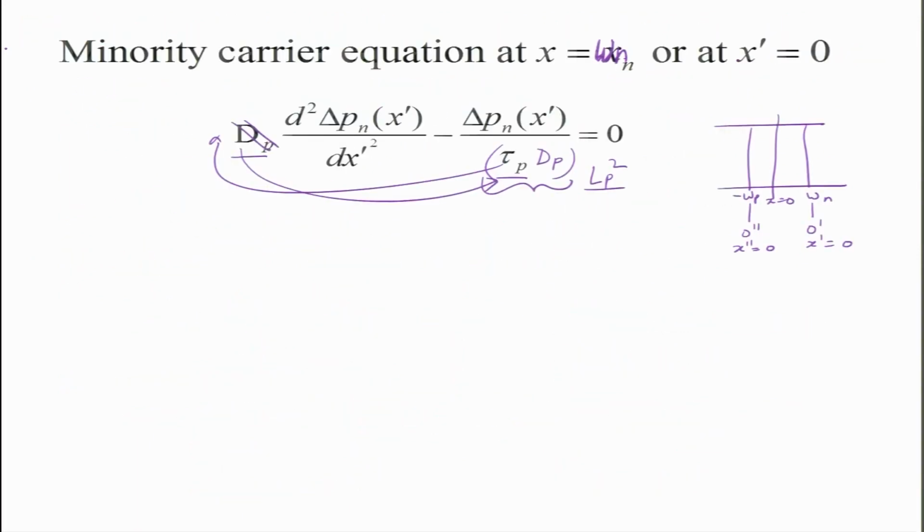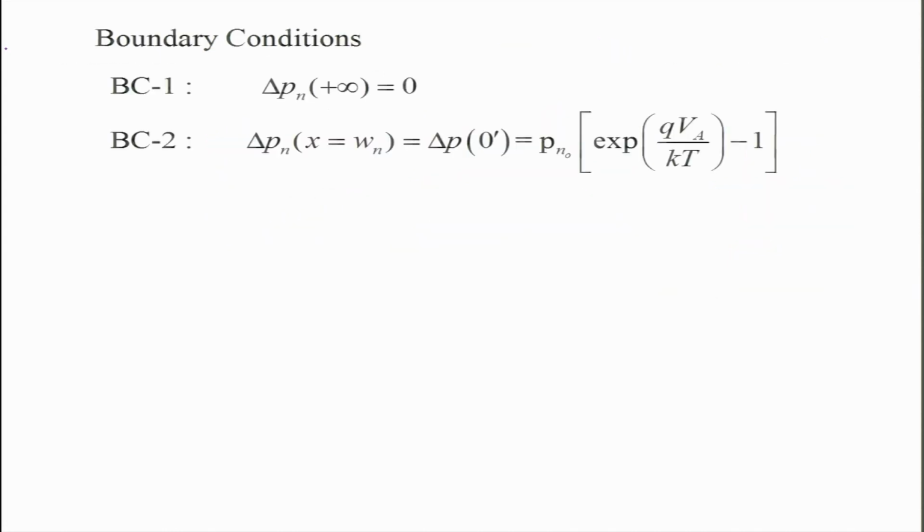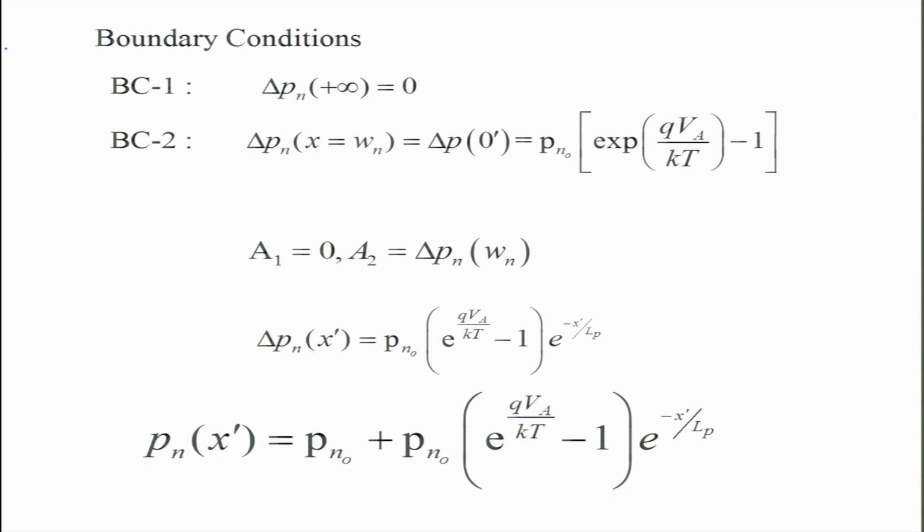So basically that is what we did. We had this minority carrier equation. We just changed the reference from x equal to Wn to x prime. There is no need to do that, but it just makes it a little simpler. So you just solve the differential equation. From this, you apply the boundary conditions for both the regions. From the boundary conditions you can work out the minority carrier concentration at a given position, and then you calculate it at the edge of the depletion region, because there is no point in calculating at any x, because you